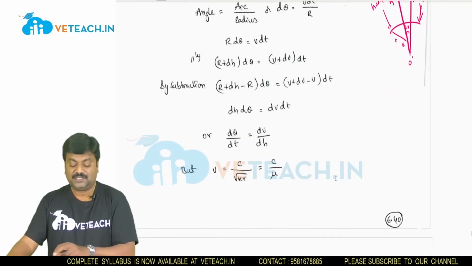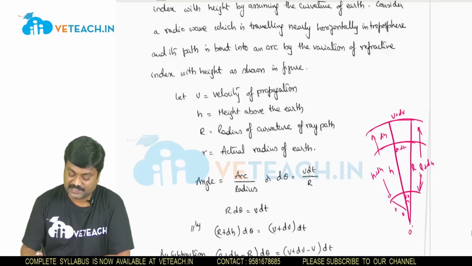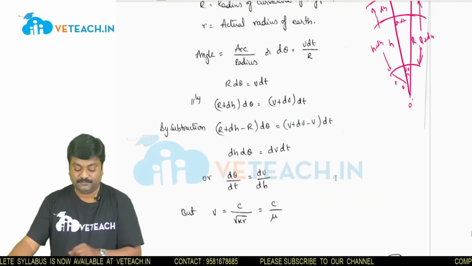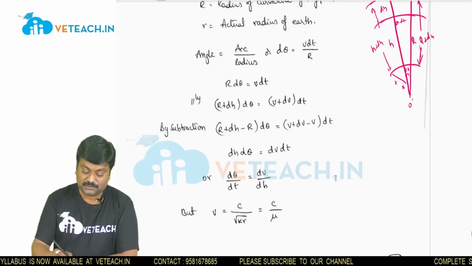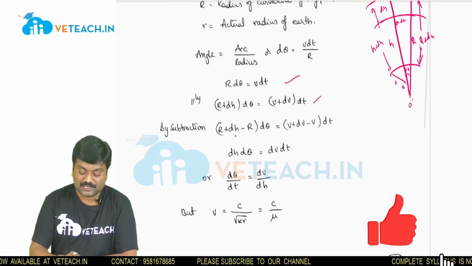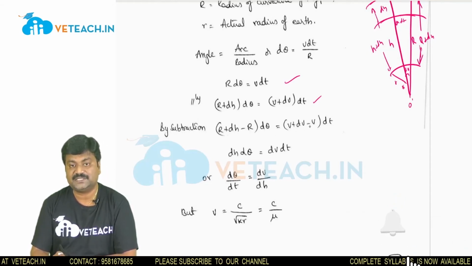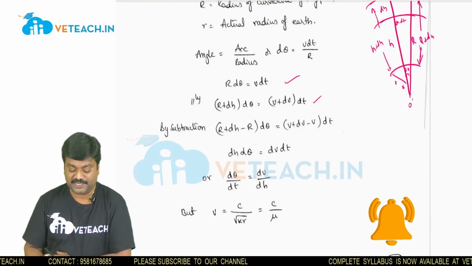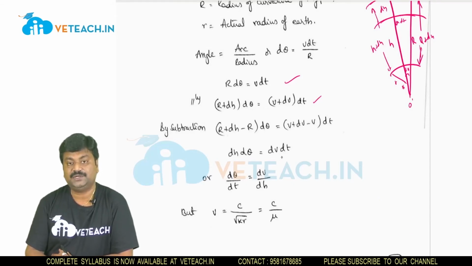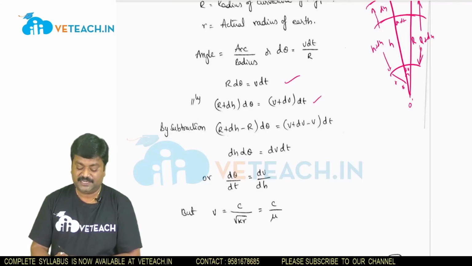So this is the below layer I am considering, and this is the above layer that I am considering to find out the curvatures. Now I am going to subtract both the regions. So r plus dh minus r into d theta equals v plus dv minus v into dt, which gives me dh d theta equal to dv dt, or else d theta by dt equal to dv by dh,